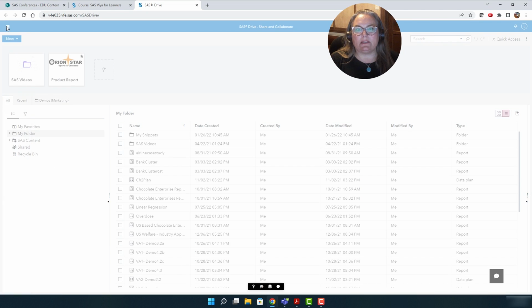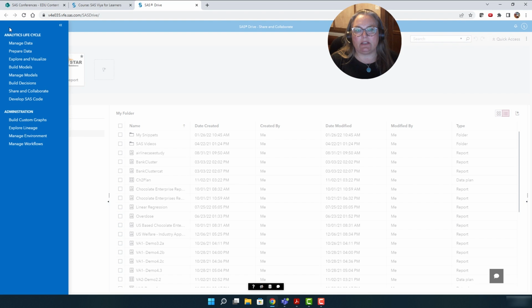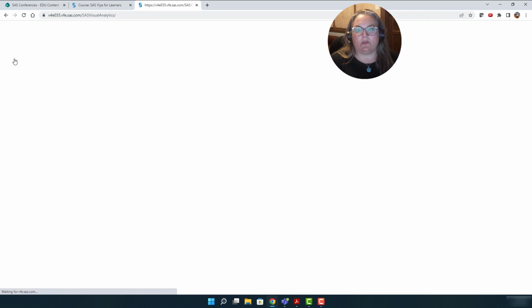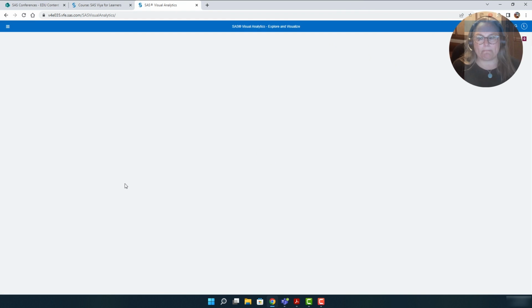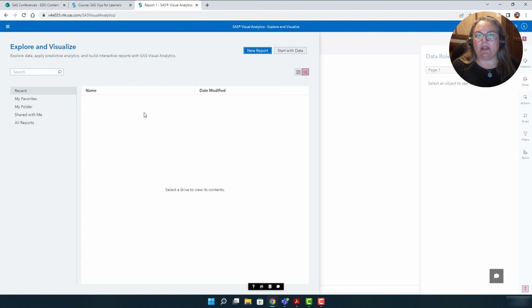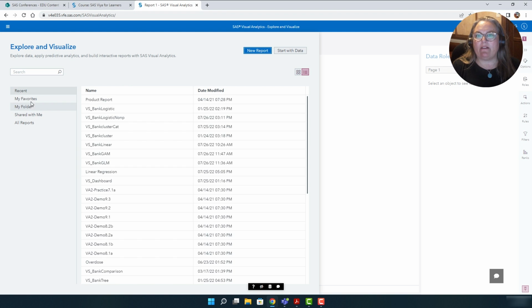So I will select the application menu, and from the application menu, I will select Explore and Visualize. This will open SAS Visual Analytics for us. I have a couple options here. I could open an existing report. I could create a new report, or I could start with data.